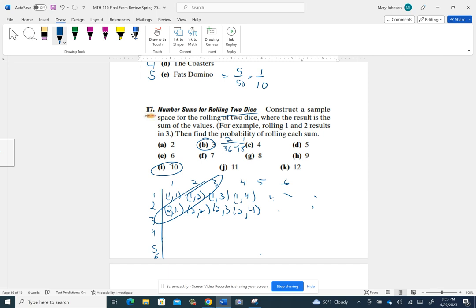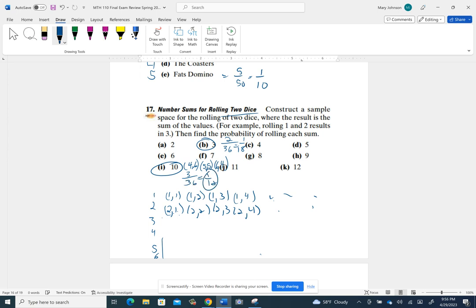You can't do a 1 with anything because you don't have 9 dots. So it would be 3 and 7, 4 and 6 is one possibility, 5 and 5, and then 6 and 4. Those would be the only possibilities you would see that would add to be 10. And then you would say to yourself, okay, so that's 3 possibilities out of the 36, and reduce that to